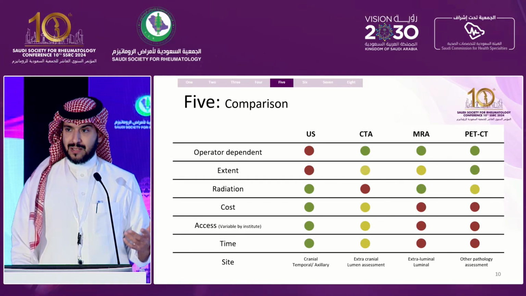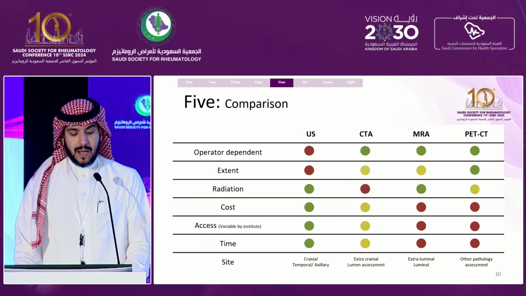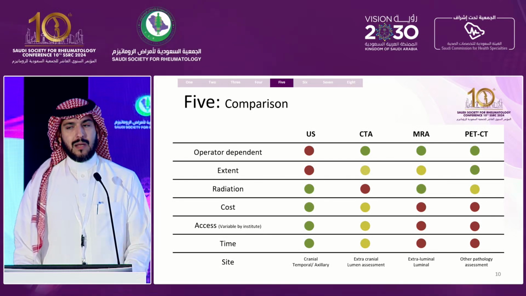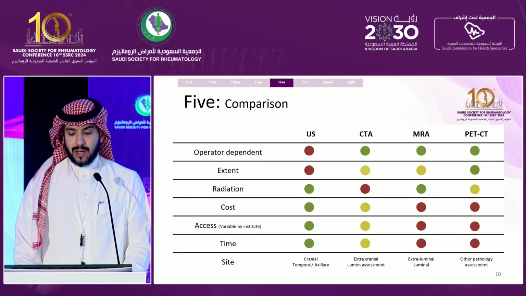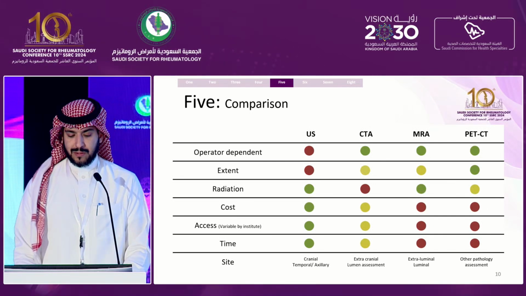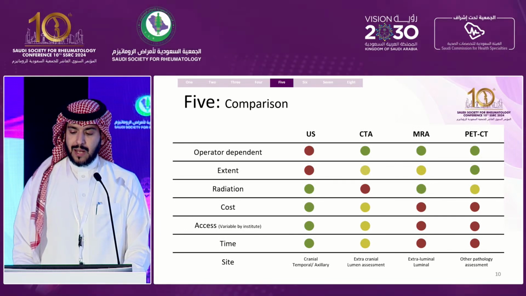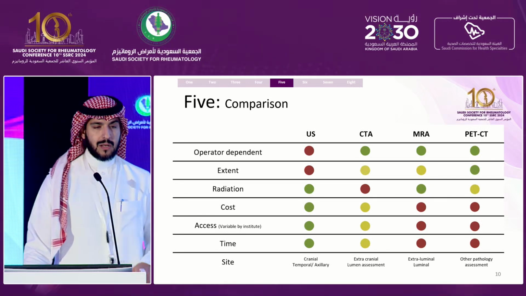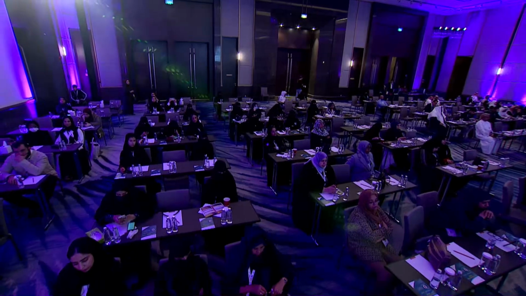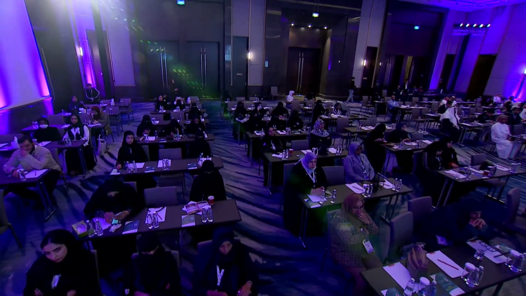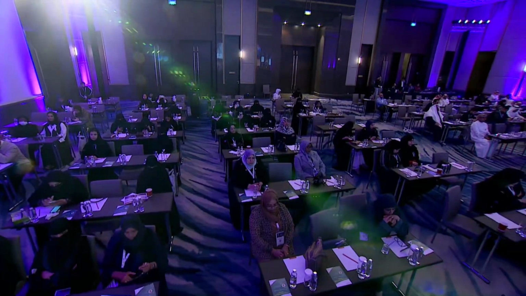It is quite cheap and accessible, although the accessibility varies by institute. And the time is quite quick. You can get the ultrasound quickly, and you can get the reading within a few minutes. Whereas with CTA, of course, we all know CTA involves radiation, and the cost is not as cheap as ultrasound. The same for MRA and PET scan: they are not operator dependent, and for extent you can have whole body screening, but again, very expensive, access is not always there, and the time to get the study is quite extensive